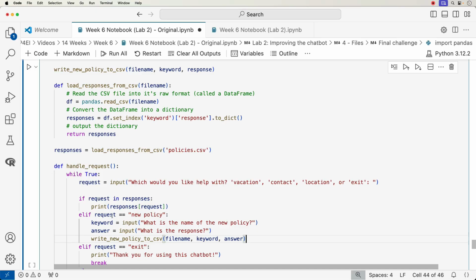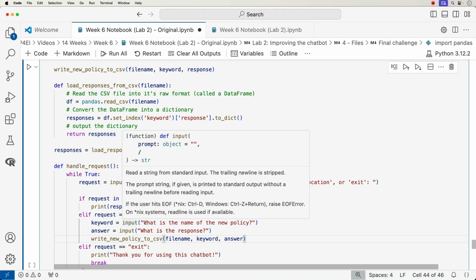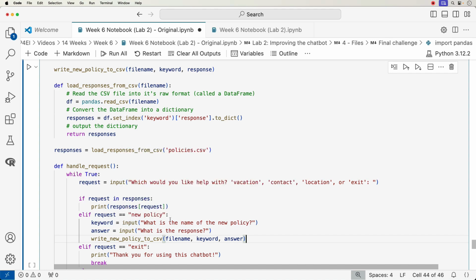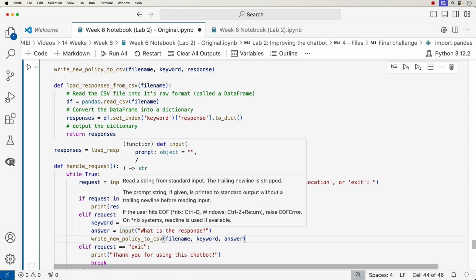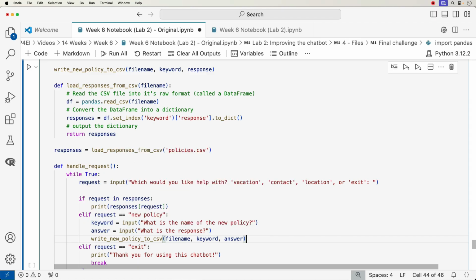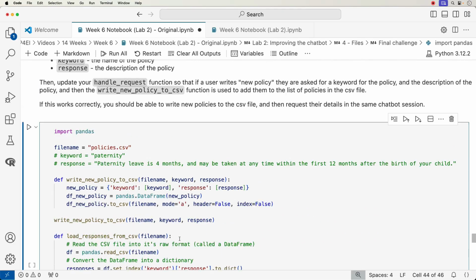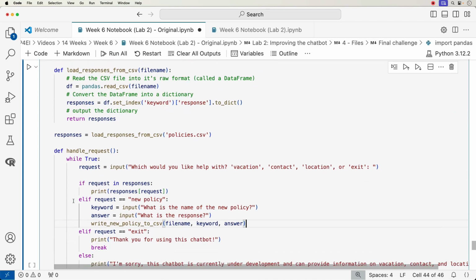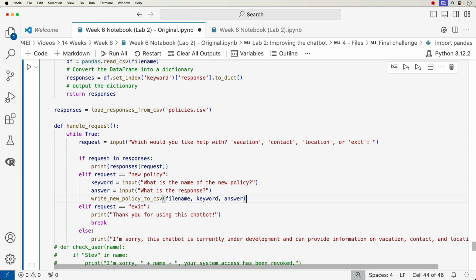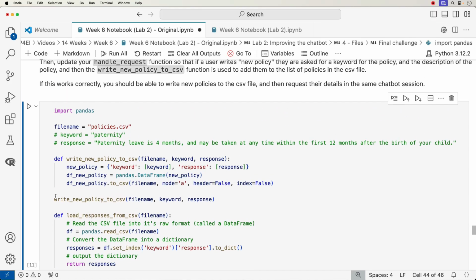So I have an elif request is equal to new policy. Then I'm going to collect a new input from a user by prompting what is the name of the new policy. I'm going to save that to a keyword variable. Then I'm going to prompt them again, what is the response? I'm going to save that into an answer variable. Then I'm going to call write new policy to CSV, pass it the file name, which is defined up here, then the keyword, which is defined here, and also the answer argument, which is defined here. Okay, and I need to move this,